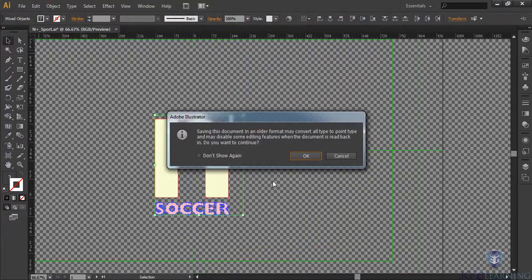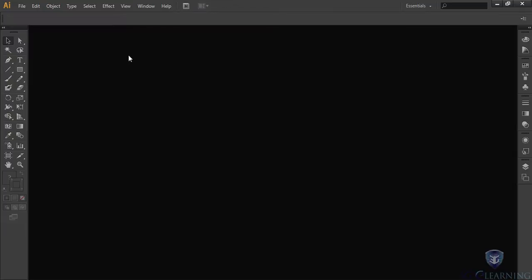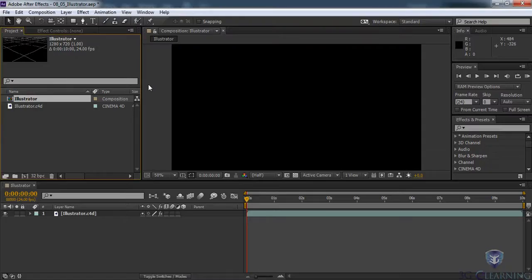If you get a warning dialog box, don't worry, you can go ahead and click OK. This is part of the reason why I saved it as a different name. If we ever need to go back and edit, you can just go back to the original Illustrator file. So let's go ahead and close this Illustrator file, and now we're ready to jump into Cinema to create our